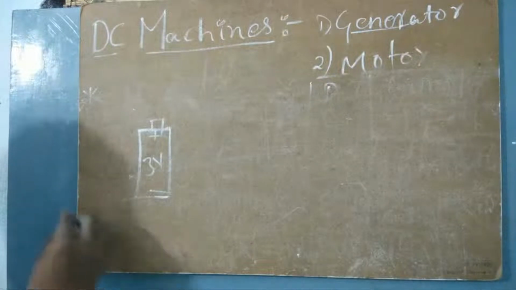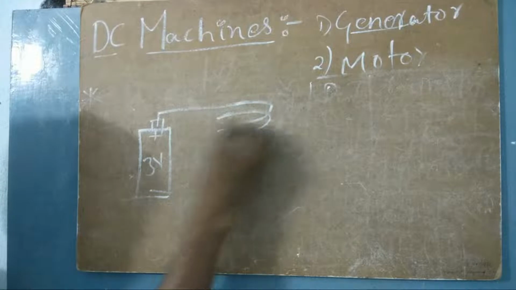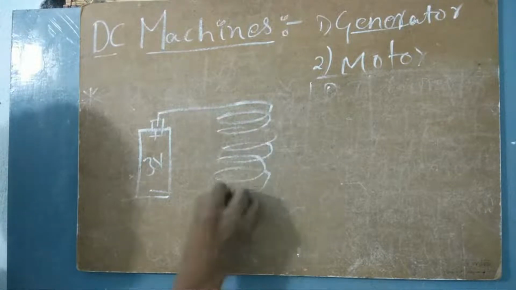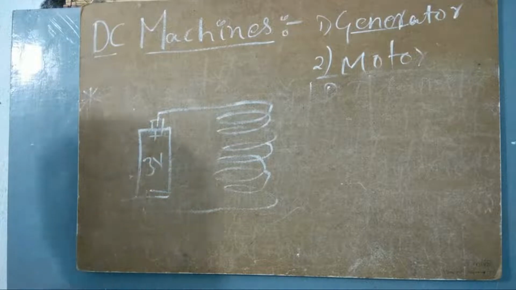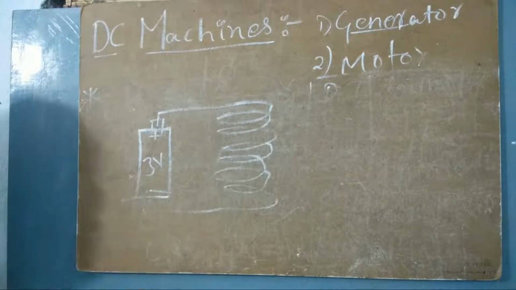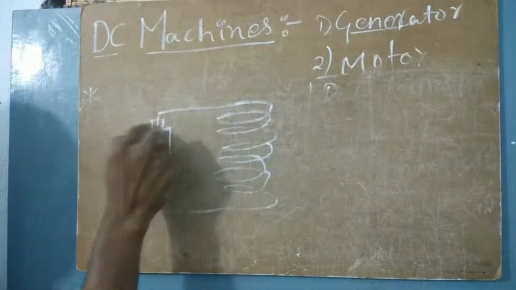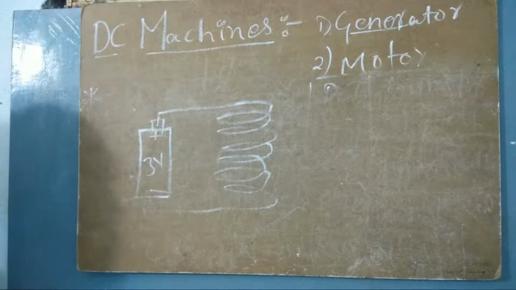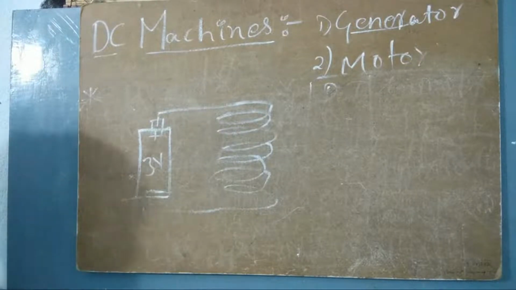Don't get confused now. What happens when there is a wire, let us say a copper wire, because I also took a copper wire when I did this experiment in the 10th class. Twine your wire like this. You can do it in your homes also. One side of the copper twining is put in contact with the positive terminal of the battery, and the other side with the negative terminal of the battery. So what happens?